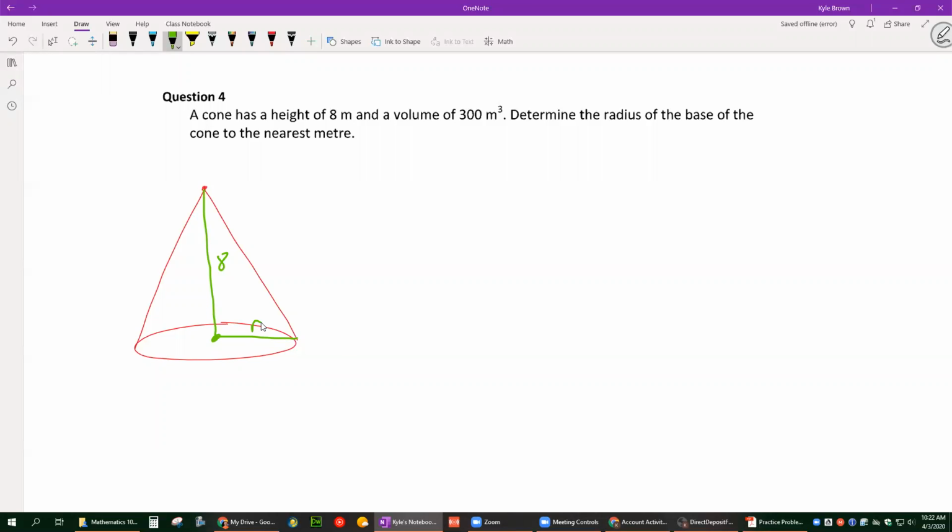So again, to get my bearings, let's write the equation down. We can go from there. The equation for a cone, we said in the last one, volume is equal to 1/3 pi r squared times the height. Now this time they've actually given us the volume. They've said the volume is 300 meters cubed. So let's throw in the numbers that we know. I just replaced the V with 300. So that's 300 is equal to